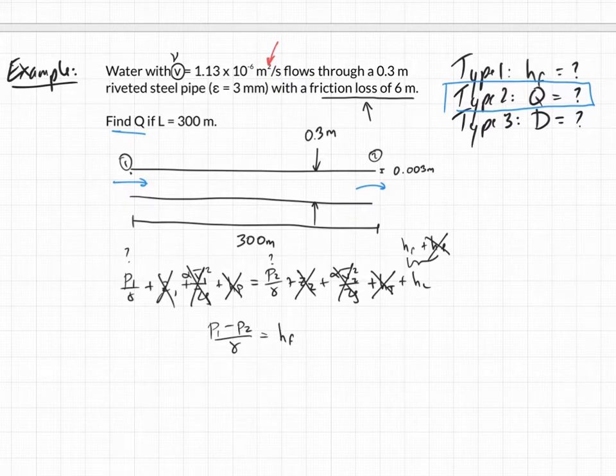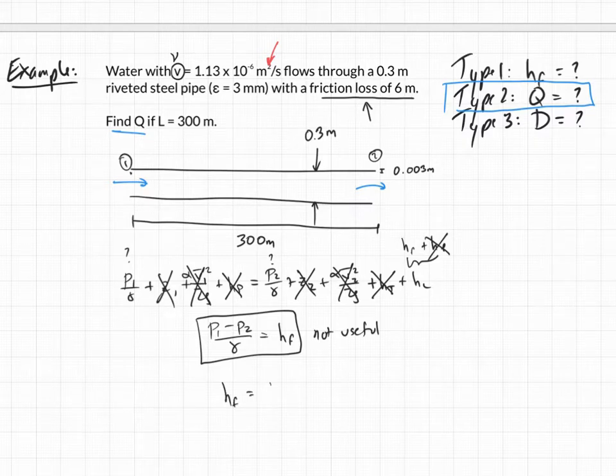Well, there's no way for me to get at this P1 or this P2, so this is not very helpful. Okay, so not useful. However, I can do something a little bit more straightforward, which is I can say, well,